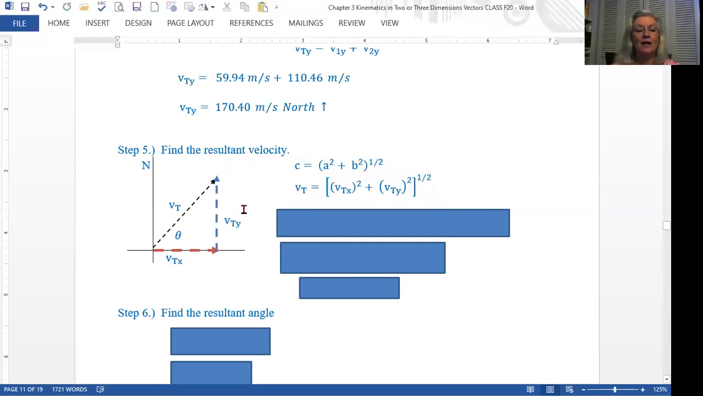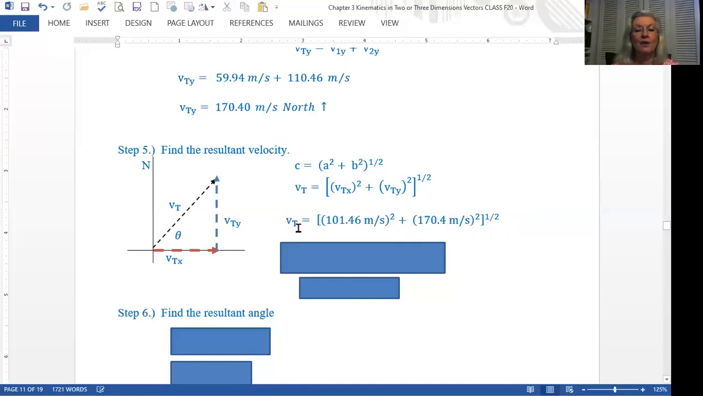So we don't have A's and B's and C's, we have V's. So C was the hypotenuse, okay, that's V total. A was one of the legs. It doesn't matter if you call it V total X or V total Y, it won't make any difference. So V total X squared plus V total Y squared, raise it to the 1/2 power. Now we can plug in our numbers. So V total will equal